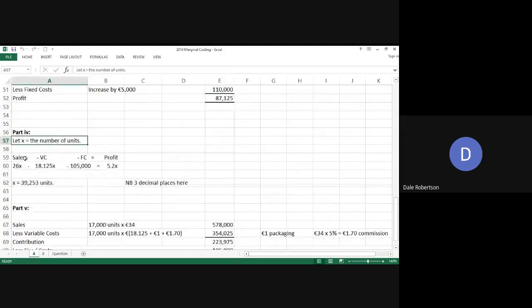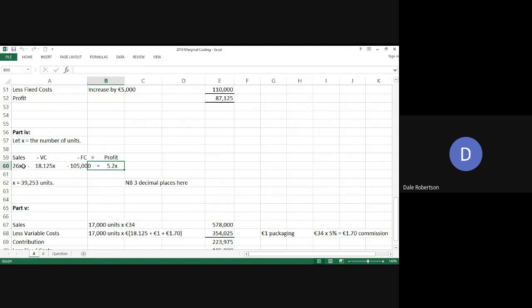And therefore, we know that sales, take away variable cost, take away fixed cost is going to give you the profit. So that's 26x minus variable cost is 18.125x, whatever the units is, minus the fixed cost, which is the original 105. And that's equal to, now how did I get this 5.2? That is 20%